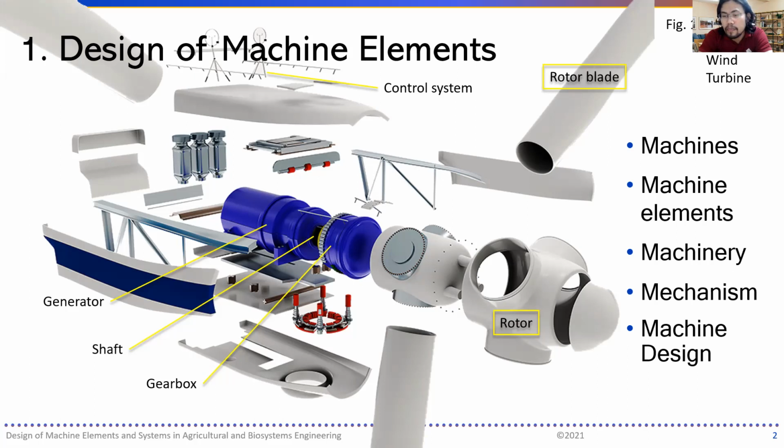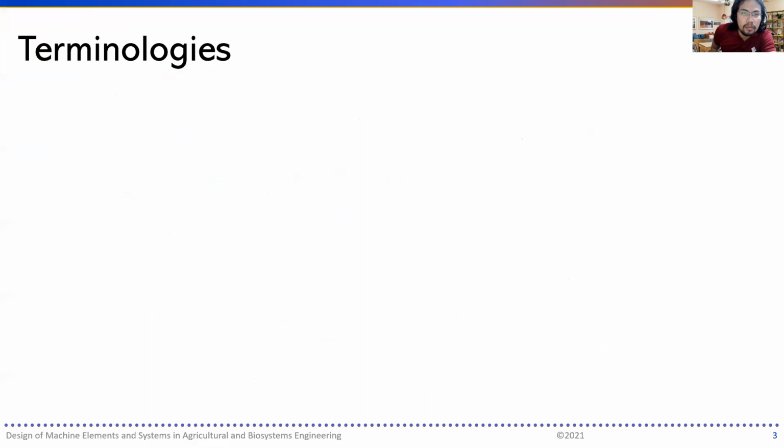And the development of such machines or elements is accomplished via machine design. Again, the discussion is on mechanisms and machines altogether. So the product referred to is an agricultural machinery, and it's important to go deeper into the terminologies,